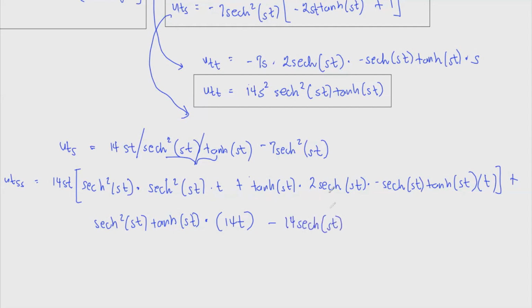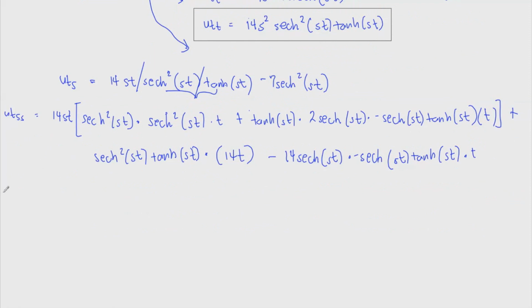We've been through this for quite a lot of time. So we have times secant, or negative secant h of st tangent h of st, and then times t. Okay, so this is your answer. We just need to simplify this. Okay, so we have 14st